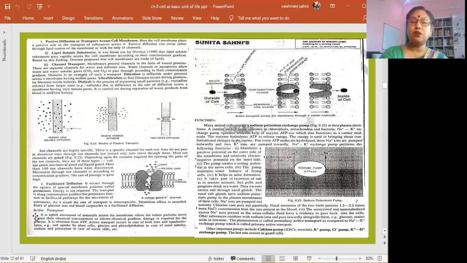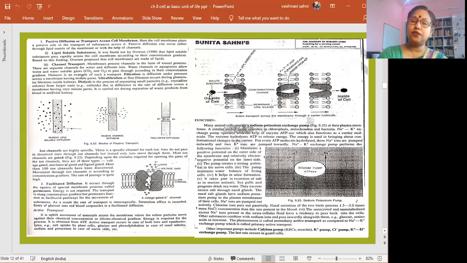But if we talk about active transport, children, the first thing required is ATP, because here special carrier proteins are involved. You can see the diagram given here. These carrier protein molecules move 180 degrees. Suppose this is the outside region of the cell and this is the inside area, and something is required from outside to in. So what happens?